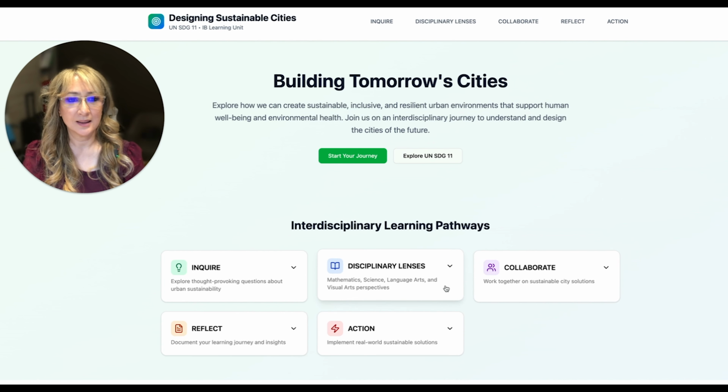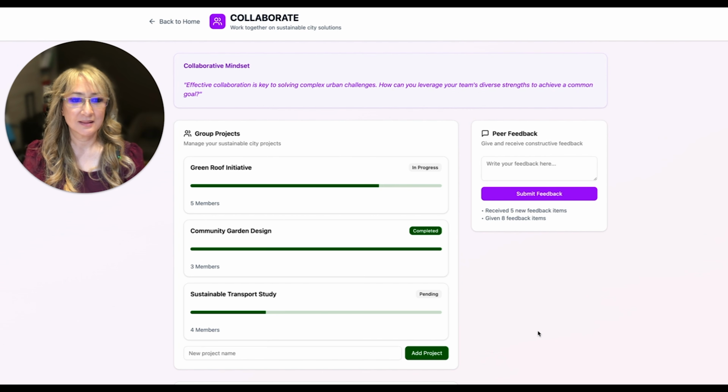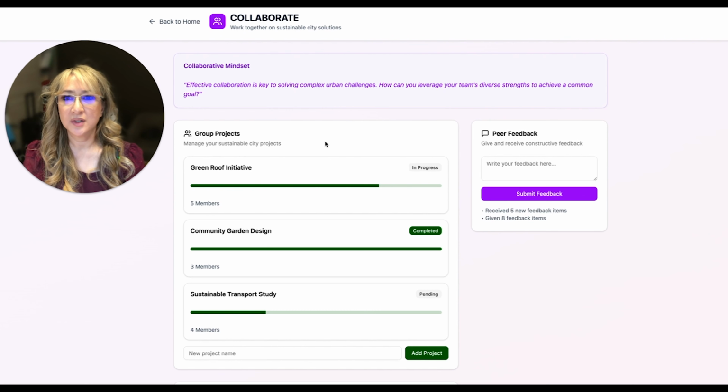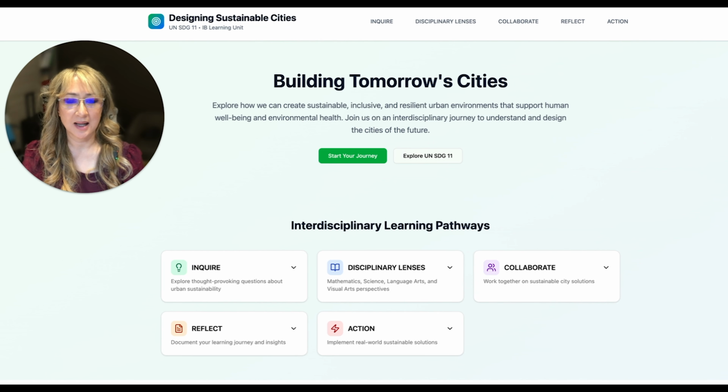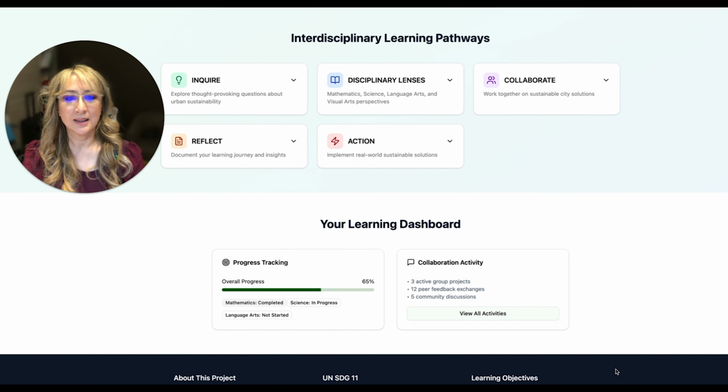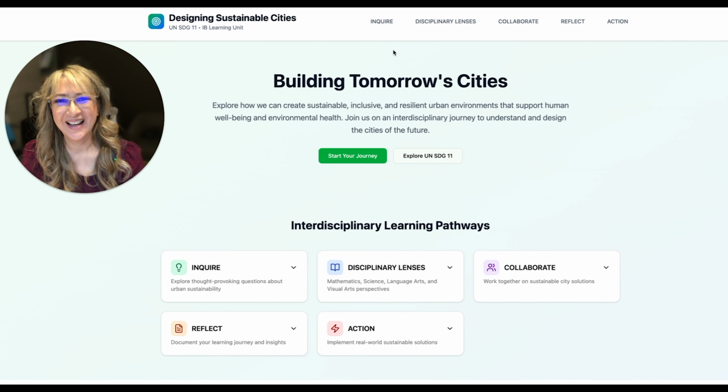Let's go back here. Collaborate. Explore the collaborate area. So this is where students can give feedback. I mean, this is a nice start. It's not perfect, but it's a nice start. Okay. Let's see if I can view the collaboration activities. Nope, that doesn't work. So I did have to go through a few iterations and I ran out of credits,